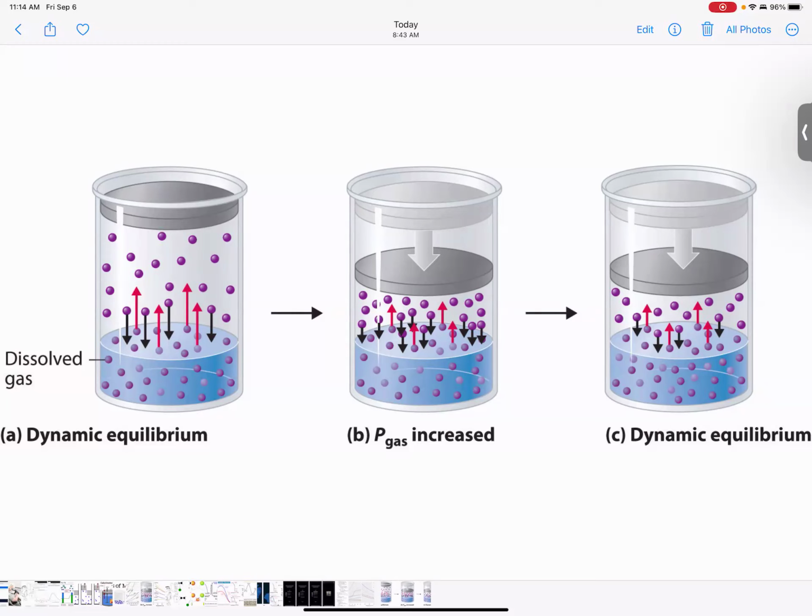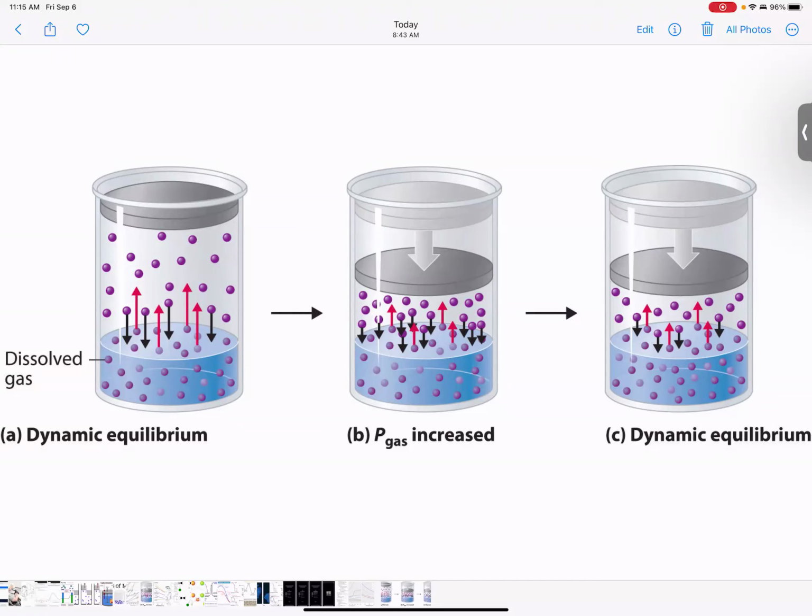This is done until a new dynamic equilibrium is obtained, where you have a certain amount of gas above the level and you have gas in the liquid. Now, why is it called the dynamic equilibrium at the start and at the end? The reason is because when you're looking at this cylinder,